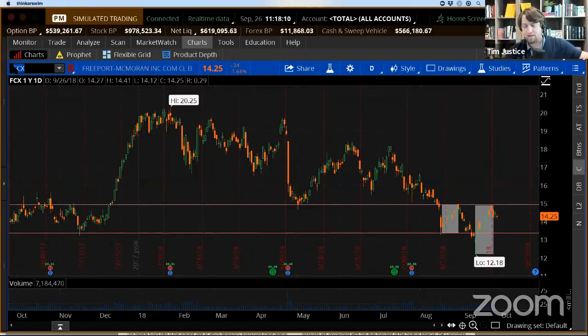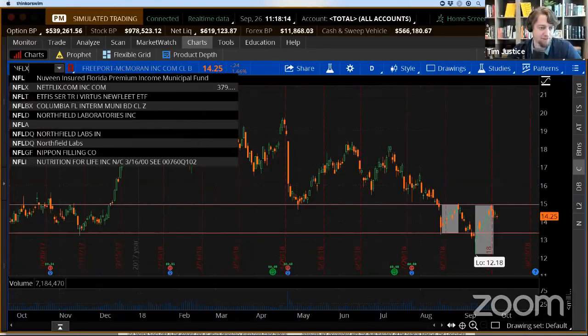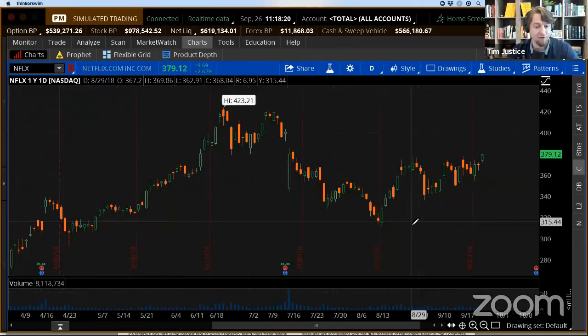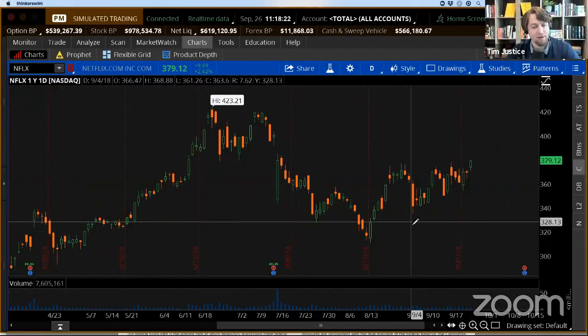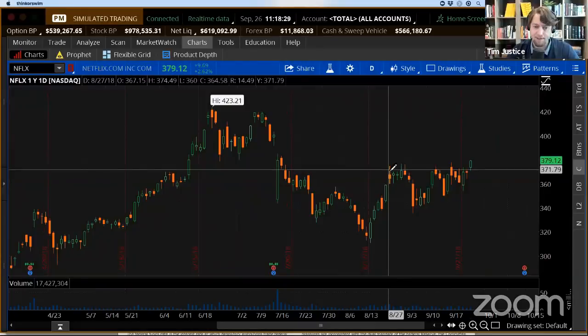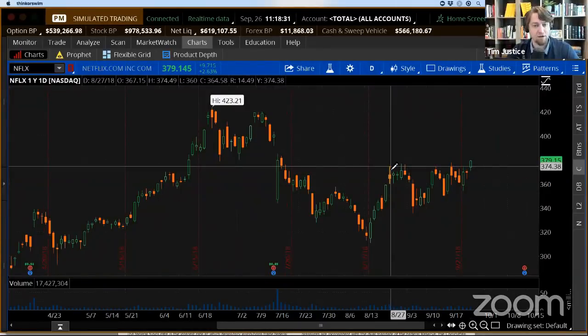My number one stock I'm watching today, though, is Netflix, NFLX. I've been talking about this one for quite some time. This is a company that I've not had a lot of trades on in the last month or two, because after that earnings gap and I played it bearish for a little while, I really haven't touched it in August, in September. And now I'm looking at a potential breakout. Now, for me, a close above 380.